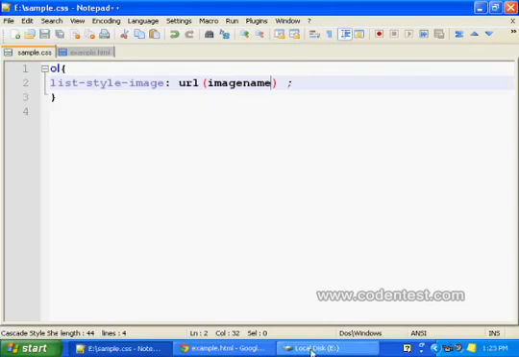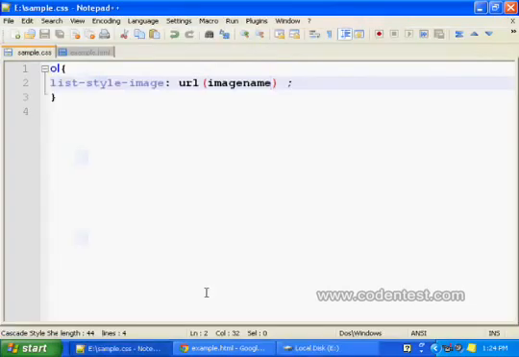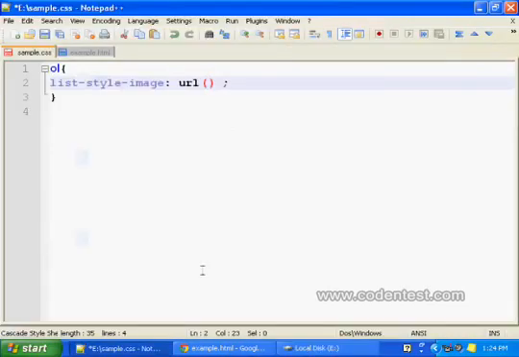In my E drive I have an image named list. I'll use that image here, and let's see the format of this image. It's a GIF, list.gif. I'll save this.